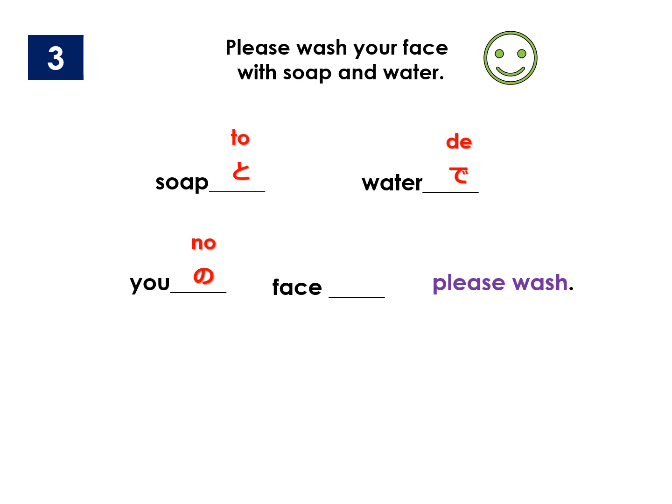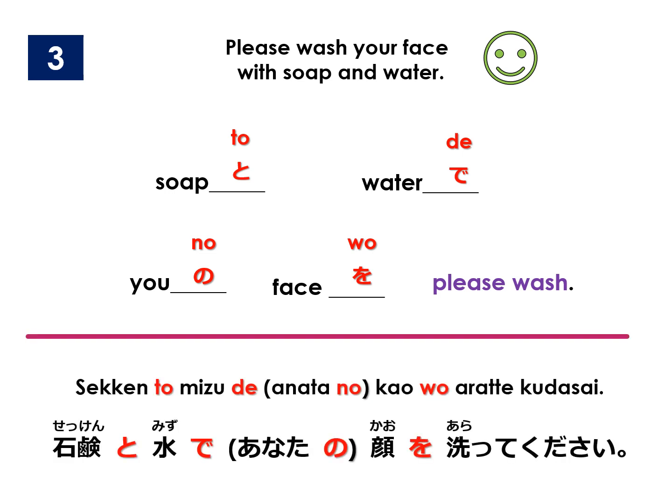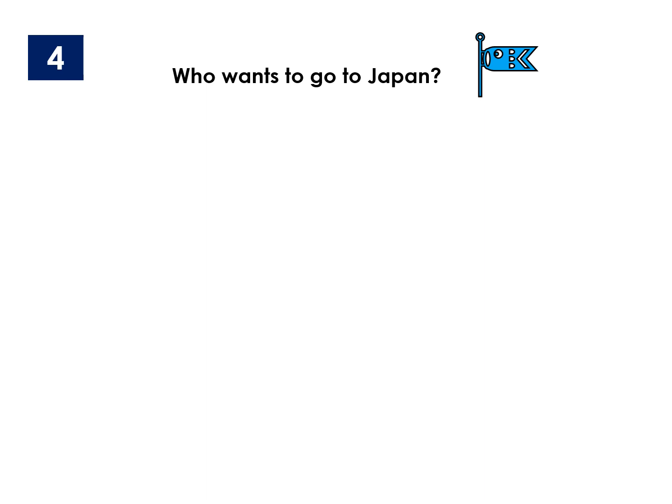And face takes the direct object particle wo. Please wash what? Your face. Your no face wo. And in Japanese, we say, 石鹸と水であなたの顔を洗ってください。あなたの is unnecessary and you can just say 石鹸と水で顔を洗ってください。